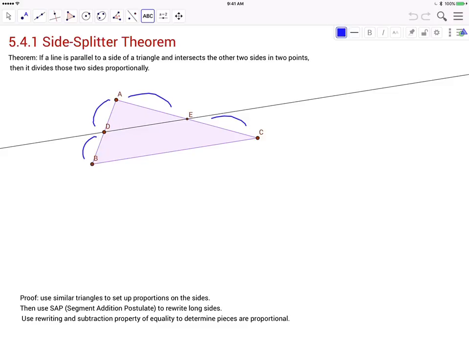So here's the plan for the proof down at the bottom. Use similar triangles to set up proportions on the sides. So we already know that we have a parallel line in a triangle and it creates a similar triangle. So it's two sets of similar triangles. So we know, and I want to get this correct, we know that AB,